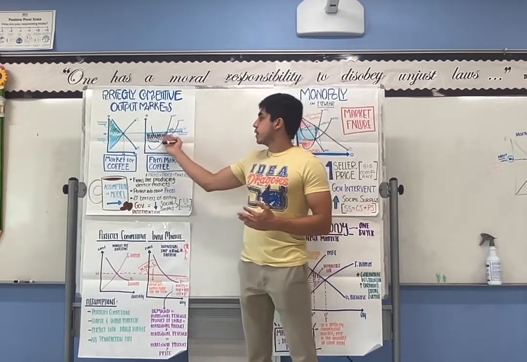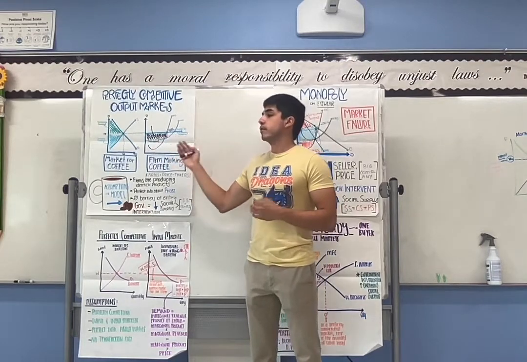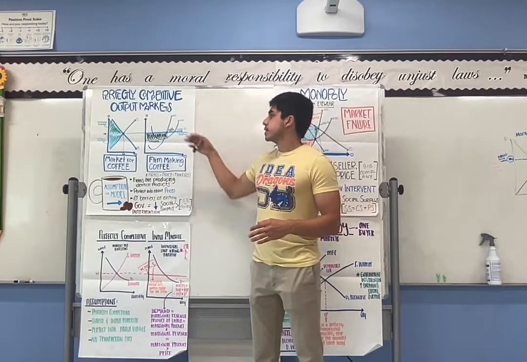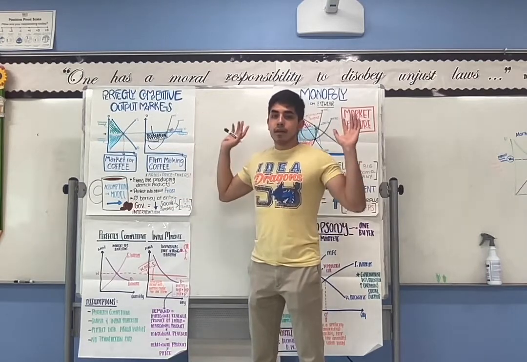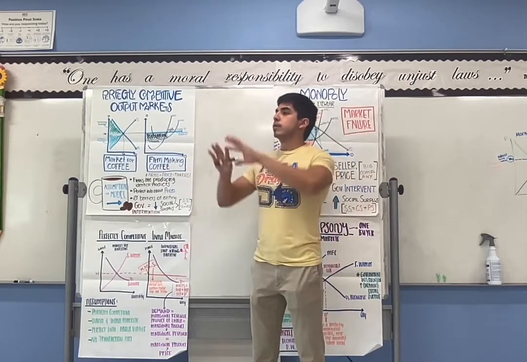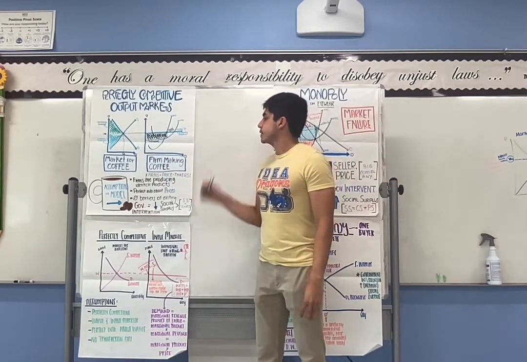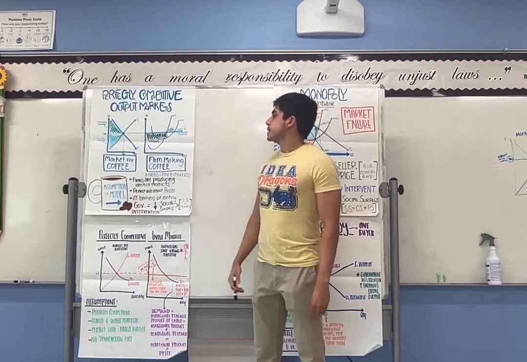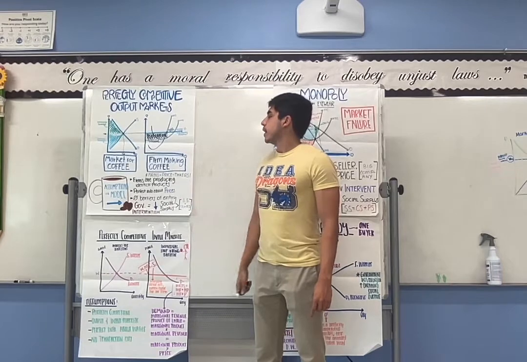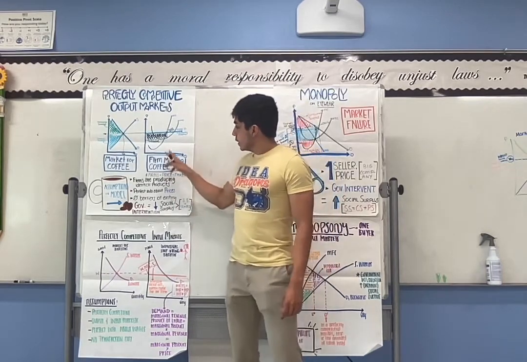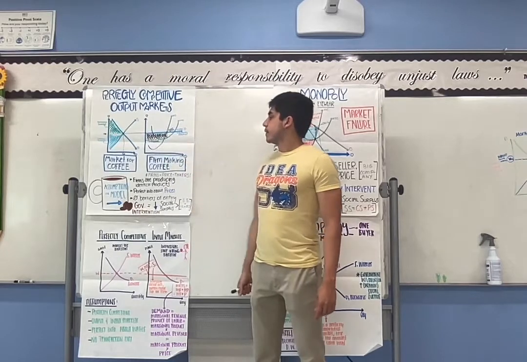This is also the individual firm's demand curve for its output, which is perfectly elastic. If that firm raised the price even a penny, then all the lemonade buyers would go to another lemonade stand. In this case, all the coffee buyers. Then we have a marginal cost curve that intersects the ATC curve at its minimum, and then crosses the marginal revenue curve. Then we can see that this firm is making profits.